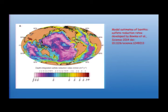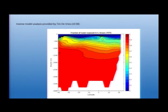And it's disconnected from the oxygen minimum zone itself. Nevertheless, the oxygen minimum zone may play a very important role in getting material off the immediate coastal area and onto those slope sediments in the first place. Now, the next step, which is also an exercise we went through in the